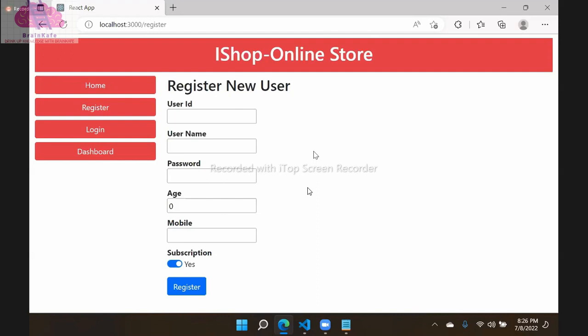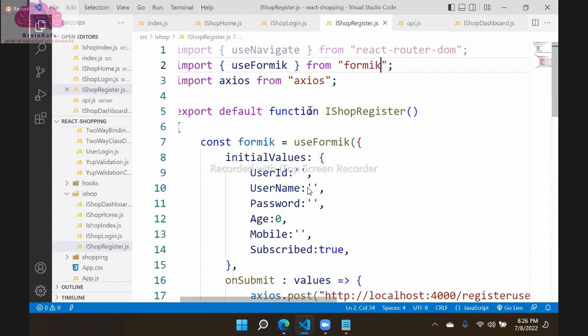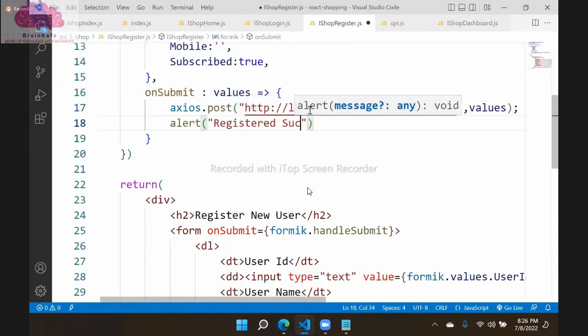You can implement that logic here by writing a key up event for the text box. But once registered successfully, what should happen on submit? On submit, after posting the data, when we put an alert saying registered successfully, after that we will